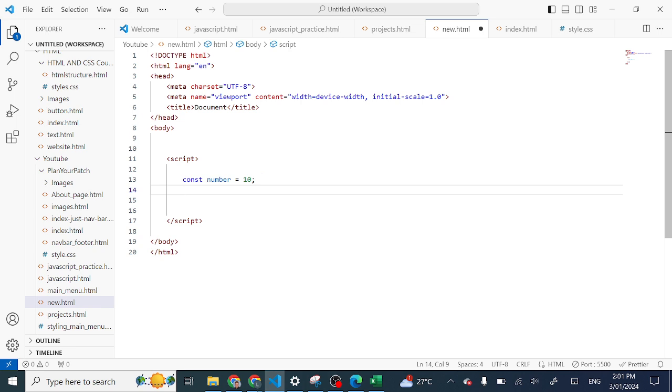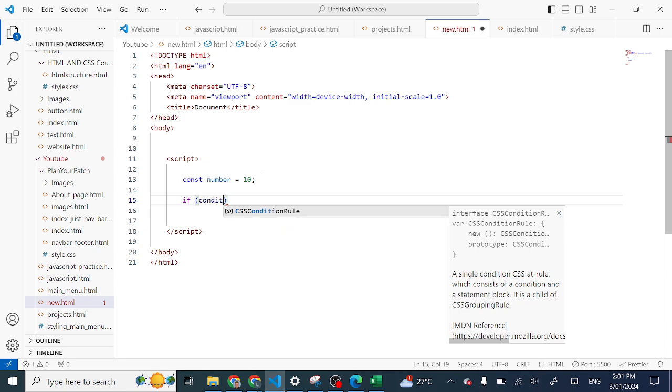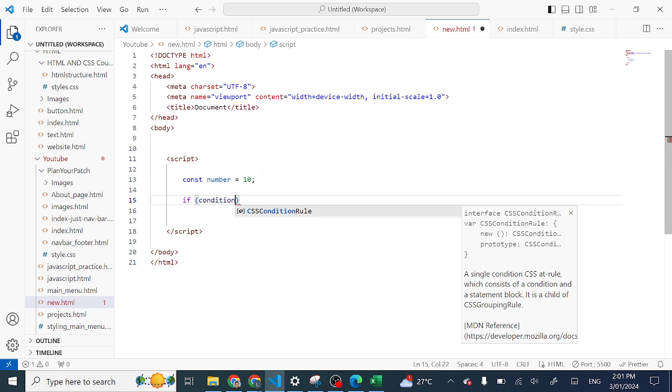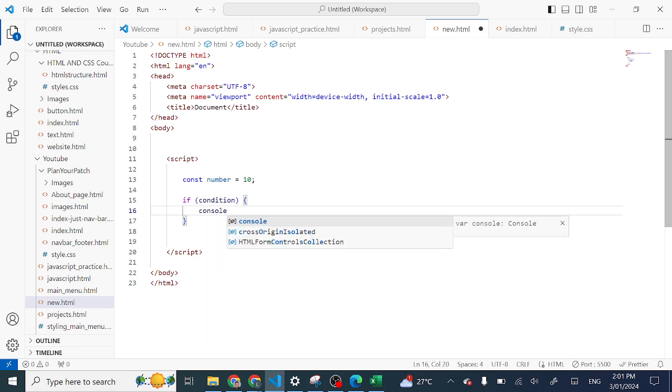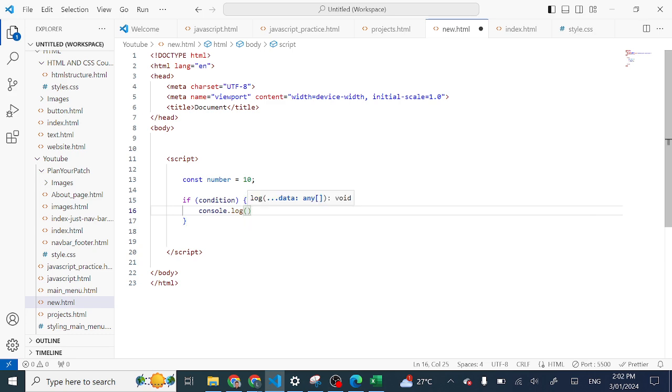Okay, so the next thing we want to do is create an if statement. The syntax is if, okay, and then we have 2 normal brackets, and this is where you would place the condition. If that condition is fulfilled, if it's true, then we can run some code, and we need our squiggly or curly brackets to be able to run that code. So for example, if I just want to say console log